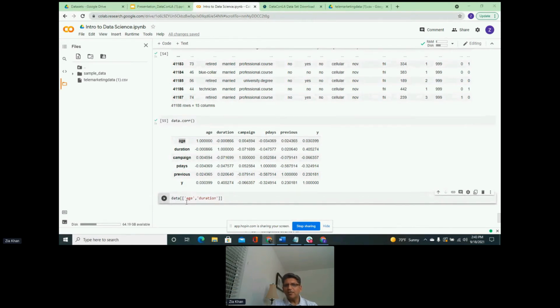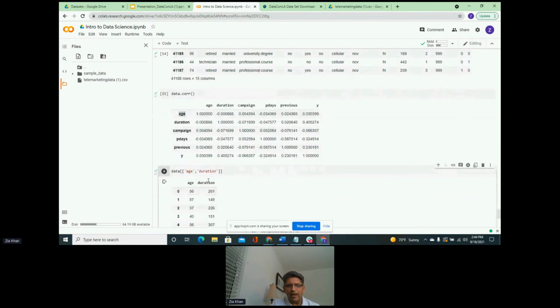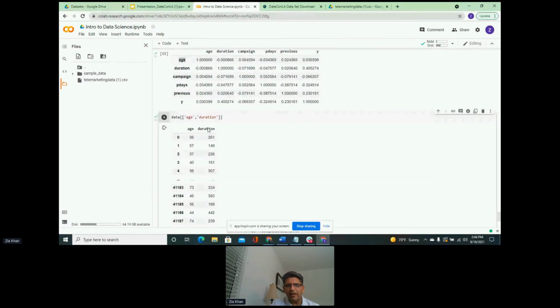All right, so this is how you can pick two features from your data set that you can use for your algorithm. When I run this, I can see that from the data I have picked up two features. These two features are going to be the independent features in our data set, and I am going to represent them by the variable x.